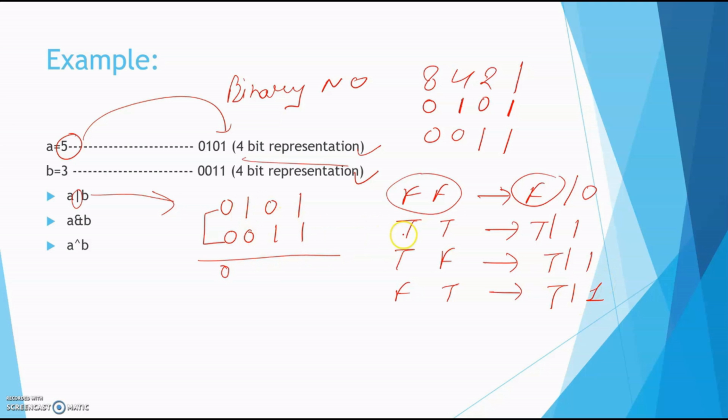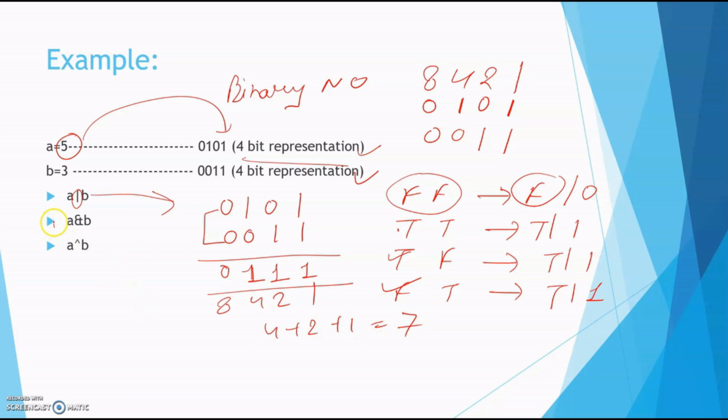Here one bit is true, the second bit is off, so it will give 1. 0 1, it means this gives 1, and both are 1, meaning both are true, so it gives 1. So the resultant value is, with 8 4 2 1, 4 plus 2 plus 1, so that is 7.